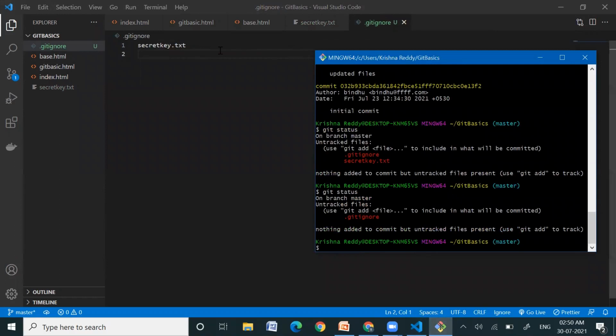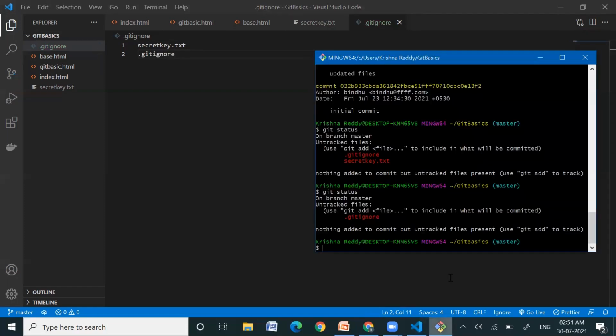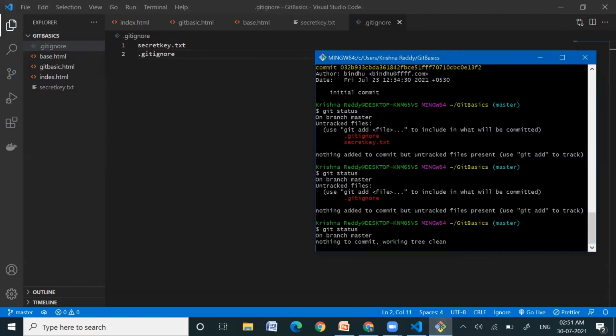Because we have added the secret key file in git ignore, this file is ignored by our git. That's why it is not showing the file name here. And also, if you don't want to include this .gitignore file as well, we'll include that also in this git ignore file. We'll save it, and we'll see the status now.